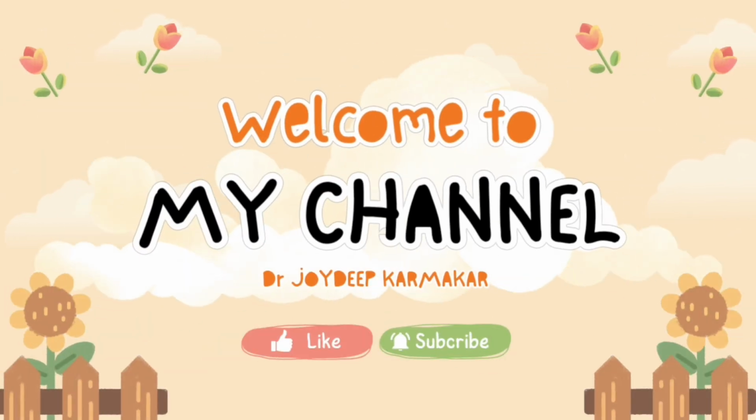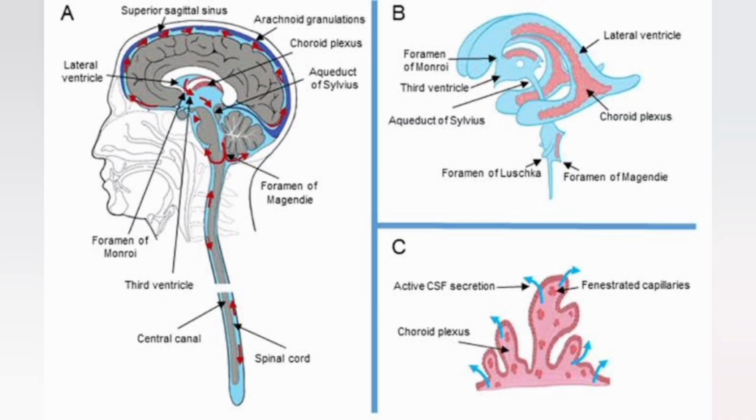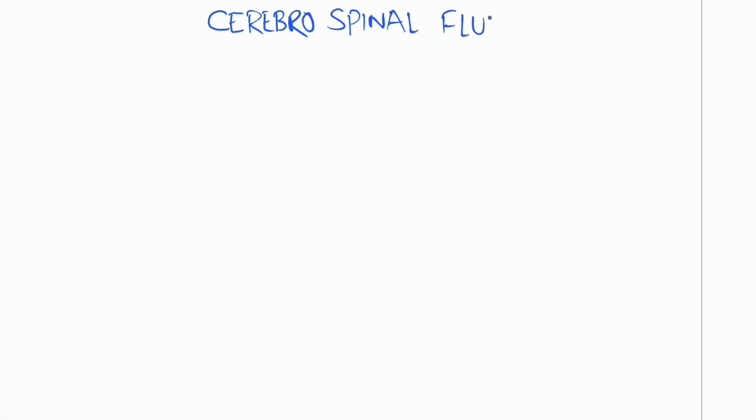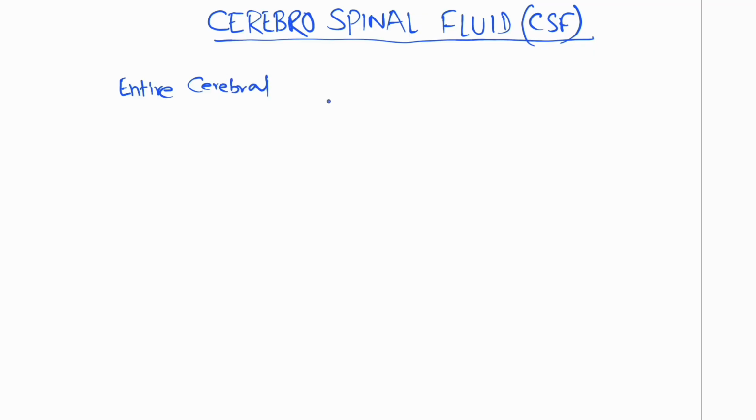In this video, we are going to discuss the normal amount and production of cerebrospinal fluid, the circulation of cerebrospinal fluid, the ventricles of the brain, and ultimately the absorption of cerebrospinal fluid into the sagittal sinus. The entire cerebral cavity has a capacity of about 1600 to 1700 ml